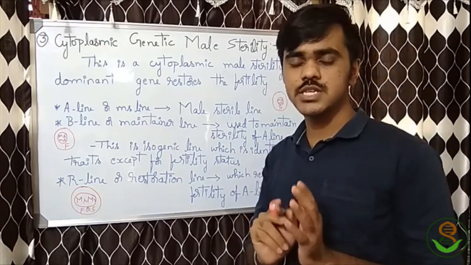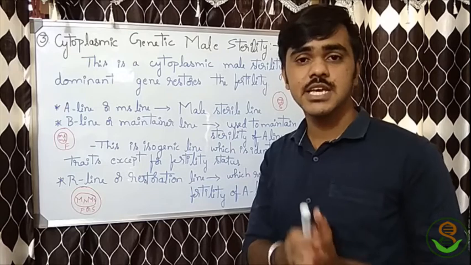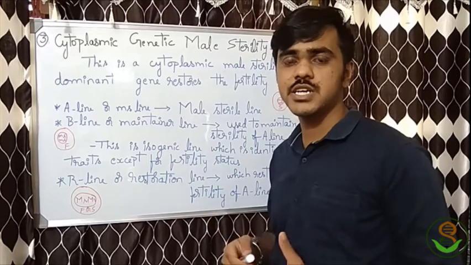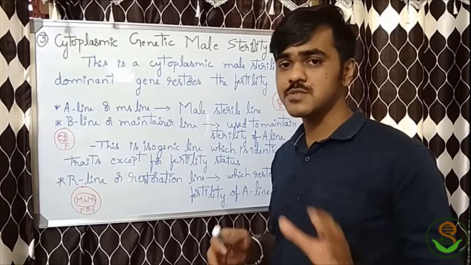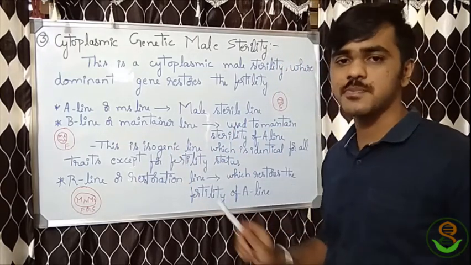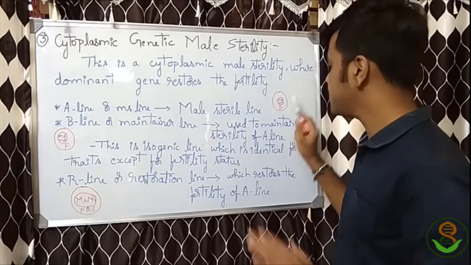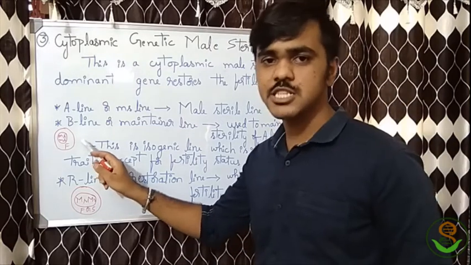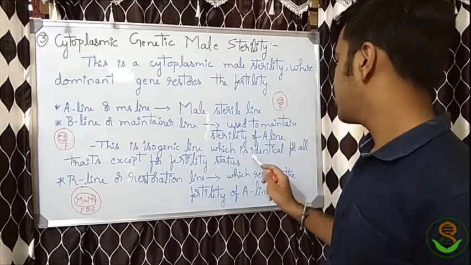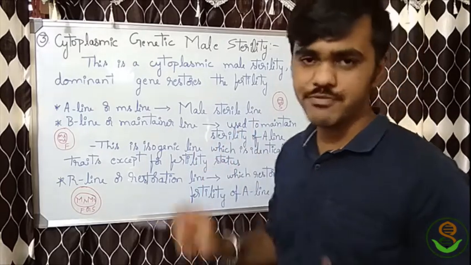Usually I will tell you one thing here: genetic is dominant over cytoplasm. If there is a dominant gene that governs the male sterility, then automatically cytoplasm genes are not considered here. As they are recessive, the cytoplasmic genes do count: as they contain sterile genes in the cytoplasm, they are sterile. They contain fertile genes in the cytoplasm, and they are fertile. And these two are isogenic lines, identical for all traits except for the fertility status. The difference between these is only fertility.